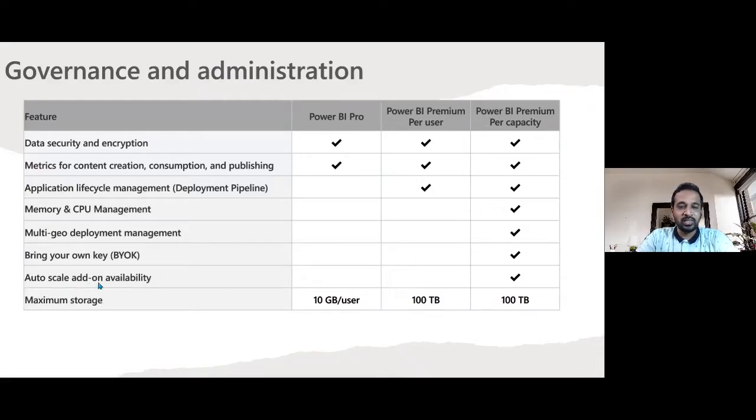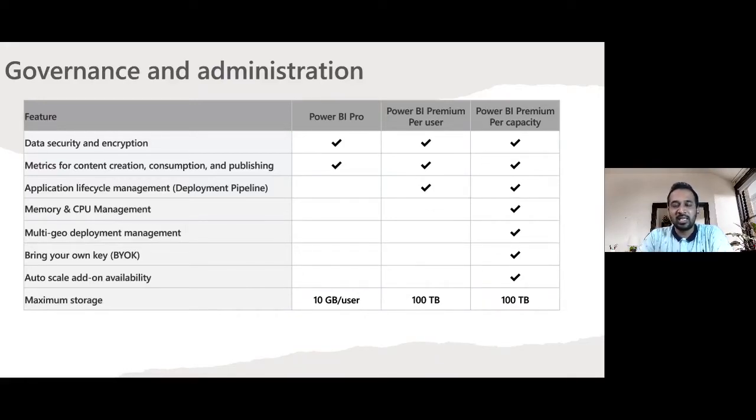And also the autoscale add-on availability. This is also applicable for Gen 2 users. They have newly introduced this feature. For example, if you have a P1 license and you see in the metrics report that you are hitting 100% capacity on a regular basis, like for 1 or 2 weeks, then instead of buying a P2 license, which will cost almost double, you can use this add-on facility.